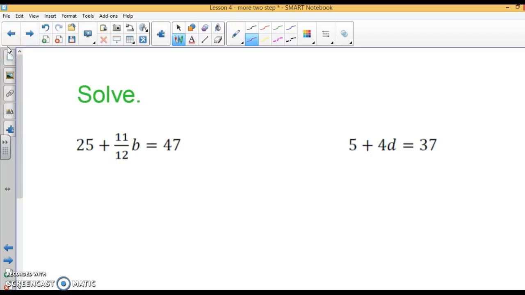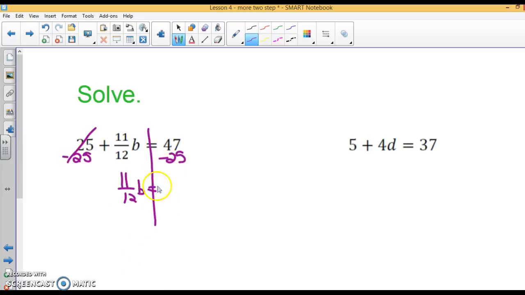All right, here we go. Getting a little bit more complicated. On this left-hand side, I need to move this 25 to the other side first. So this is positive 25. The opposite is subtract 25. 25 minus 25 is 0, so I'm left with 11/12b equals